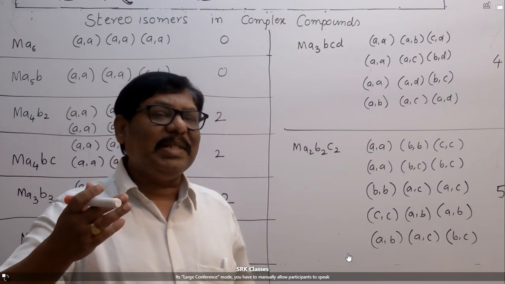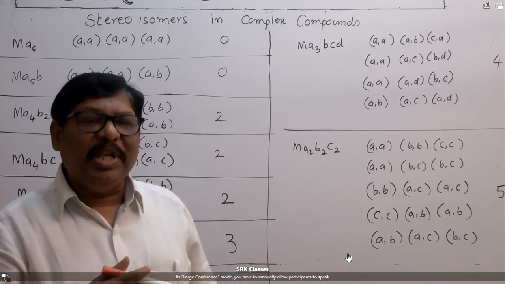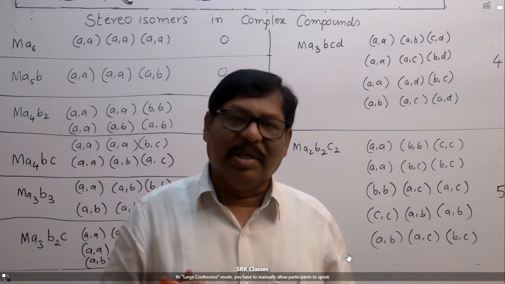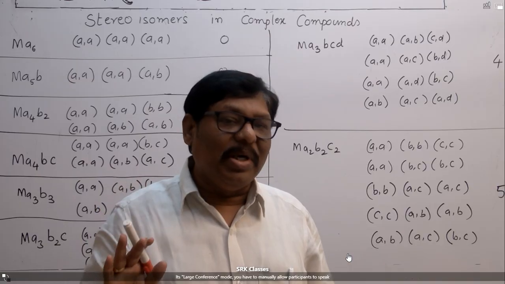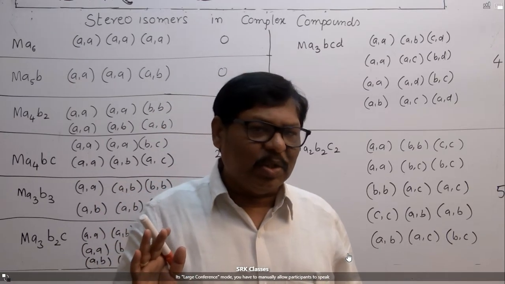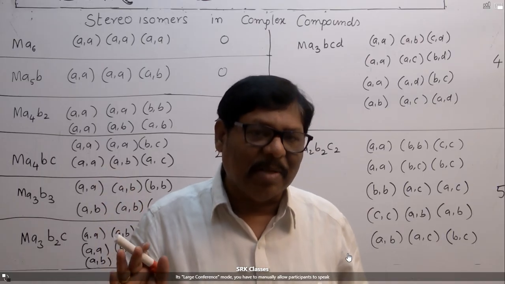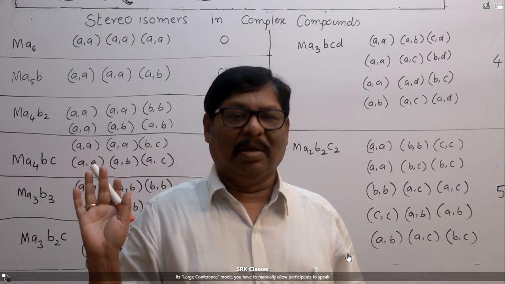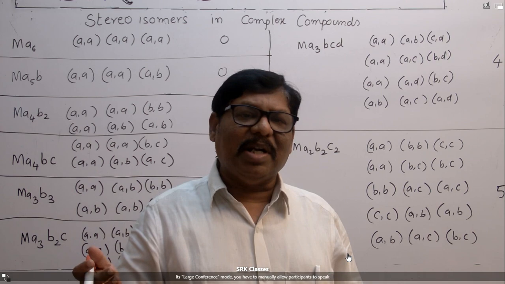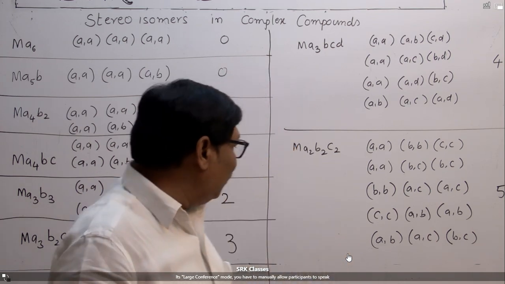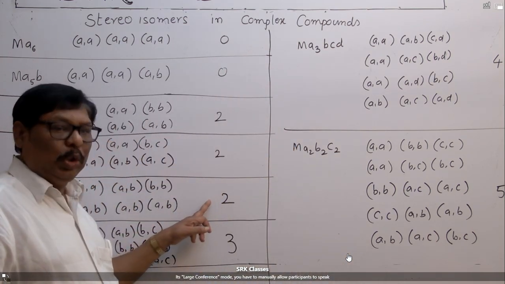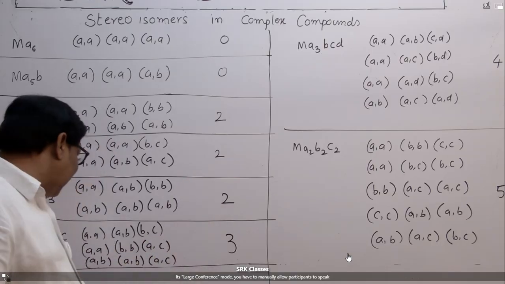Instead of writing cis and trans isomerism, these two geometrical isomers are called facial and meridional isomers. Facial isomer is abbreviated as FAC. Meridional isomer is abbreviated as MER. So these are the special kind of geometrical isomers. But the number of geometrical isomers is only two. Now look at the next one,